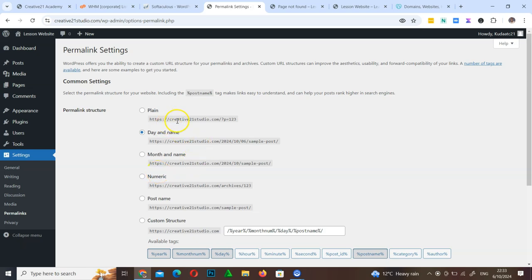As you can see here, you can have a plain permalink, which is your website name .com/ followed by a question mark p equals, and then date and name, month and name, numeric, and post name. In most cases, a lot of people select post name, unless you're creating an archive,